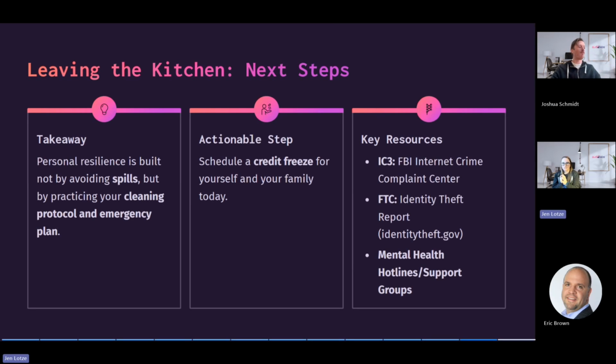And then, as you think about leaving the kitchen, you are going to think about how you're going to plan moving forward. So we want to do that credit freeze for sure. That's a really easy first step for everyone. We want to make sure that we have our links to file these reports. Don't forget about your local law enforcement. There are a lot of mental health resources and support groups for people who've been taken advantage of, and resources on how to have these conversations because they are not easy at all.